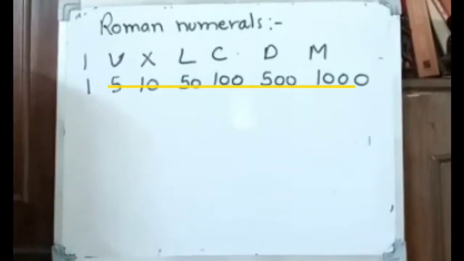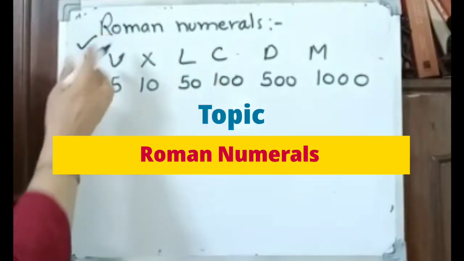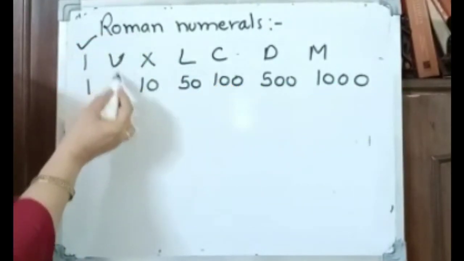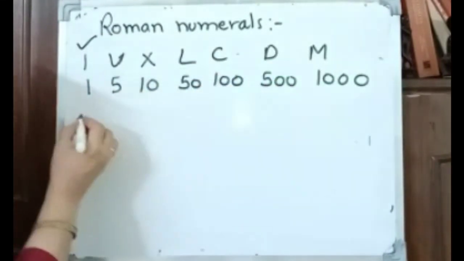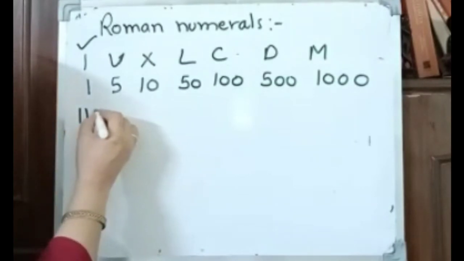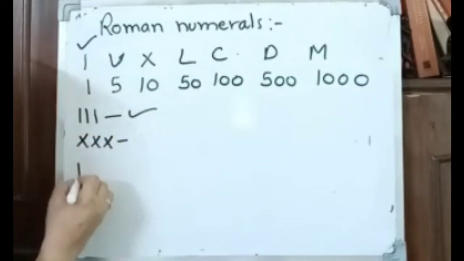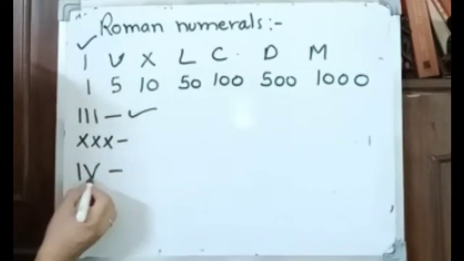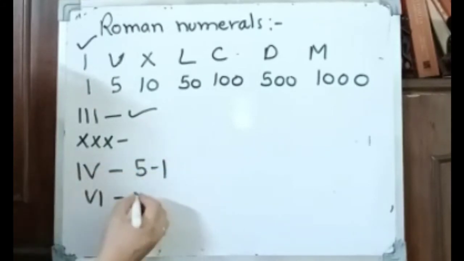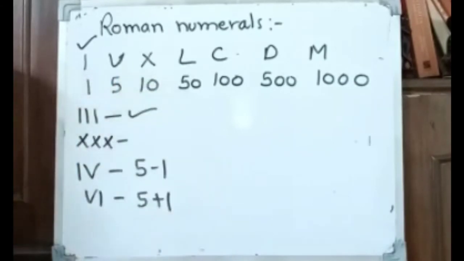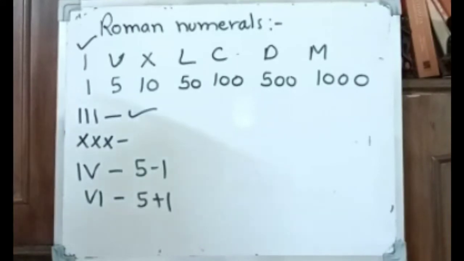Very briefly, I want to explain Roman numbers. We have 7 alphabets on which we form Roman numerals. So this is V 5, X 10, L 50, C 100, D 500, M 1000. And a symbol cannot be repeated more than 3 times. This is the rule. X we will take only 3 times. So here we have 4. When the smaller number is on the left side, we have minus. When the smaller number is on the right side, we have plus. So these are the rules. According to that, you form your Roman numerals.